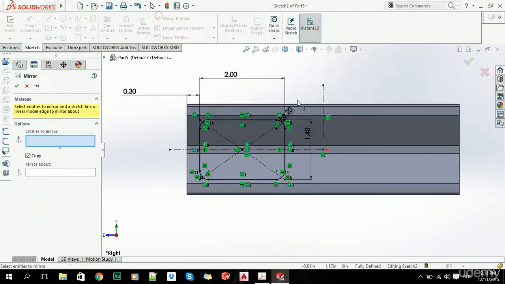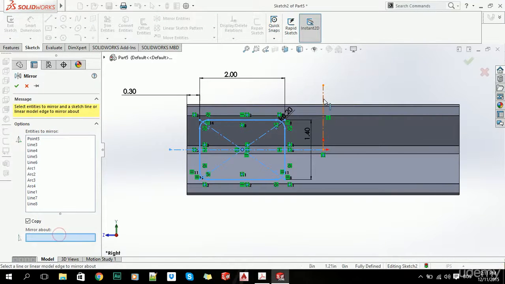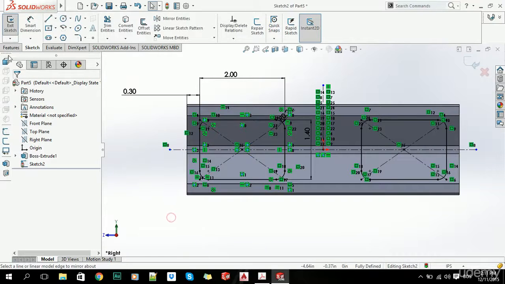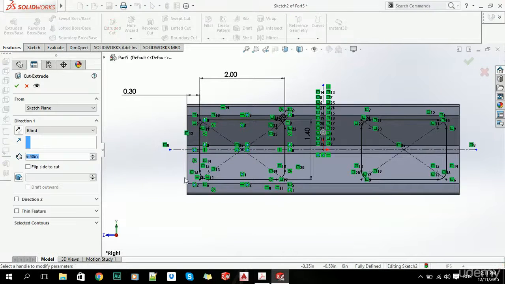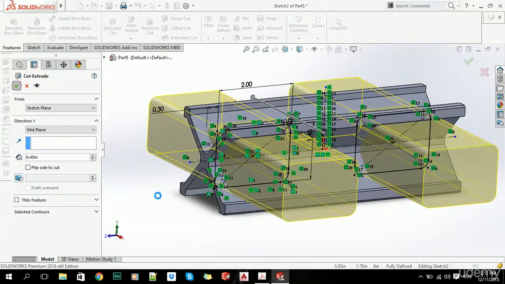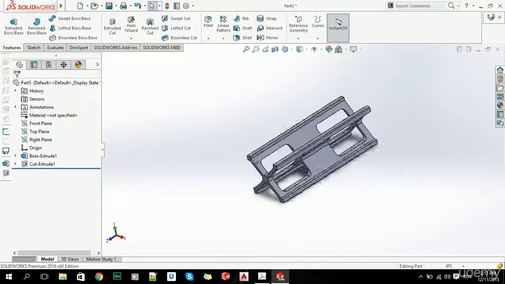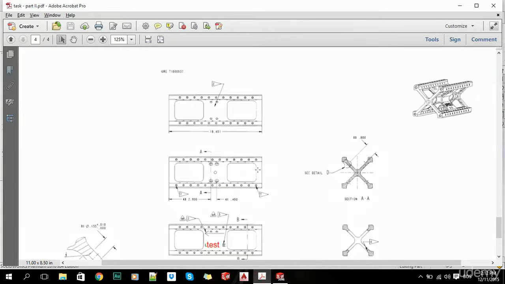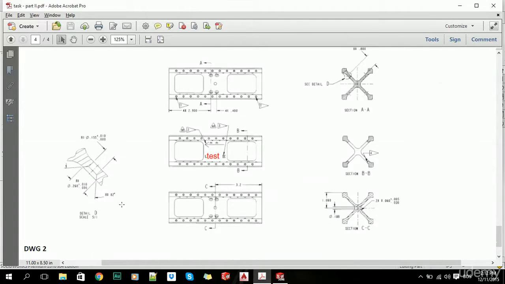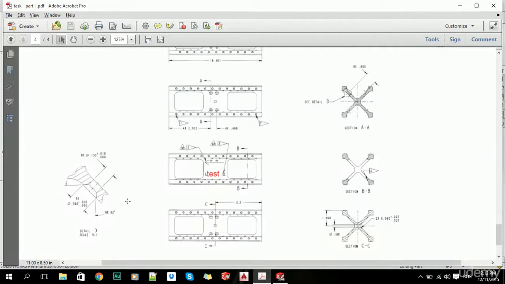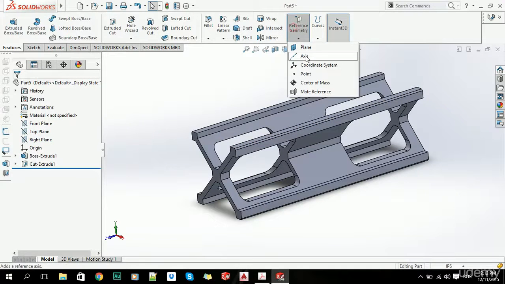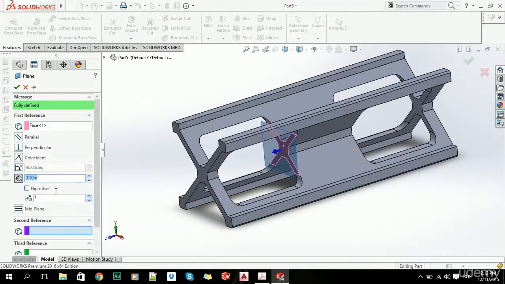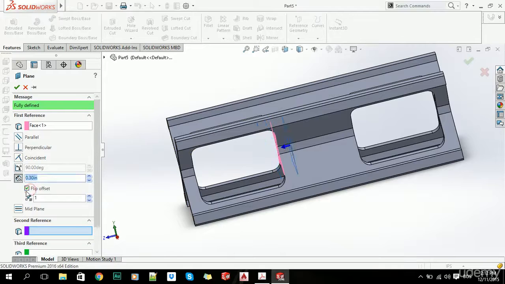Click OK, use mirror entities and mirror about this line. Now let's just extrude cut mid-plane and see what happens. Okay, now we have that. Now the next thing we want to do is to create these holes, these 4 holes, and we can see the detail about them here. Now let's just create a plane that's parallel to this, and let's say 0.3 inches away, 0.3 inches,